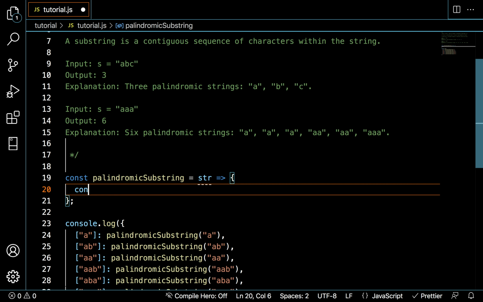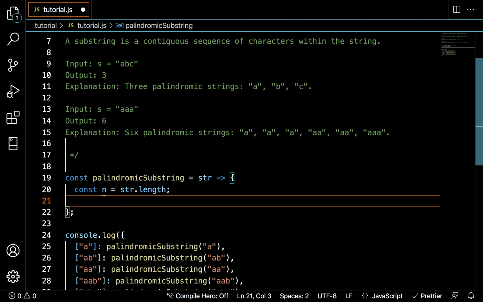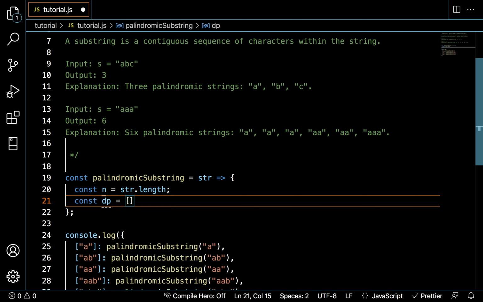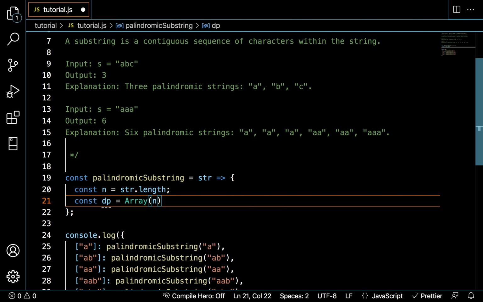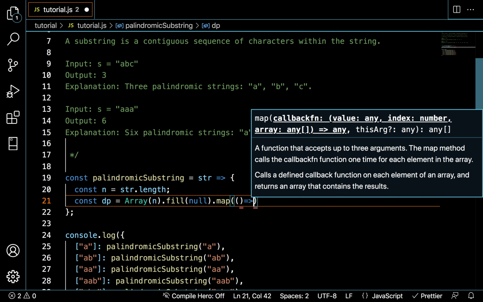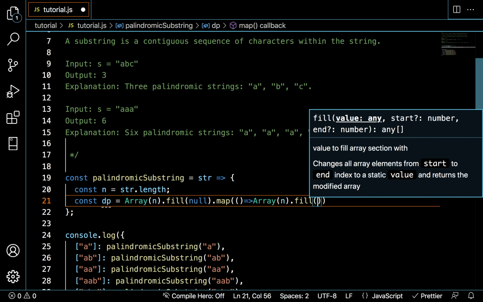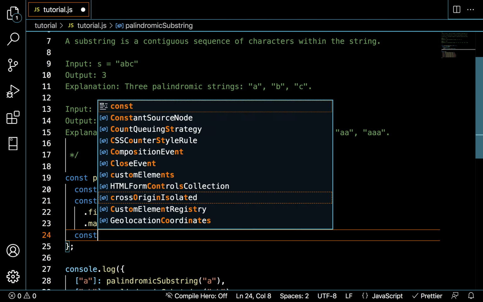Alright, so let's begin. I'm going to start by defining my length. Then I'm going to create my dynamic programming array or matrix, whatever you want to call it, of size n. I'm going to fill the array with nulls, it doesn't matter. And then I'm going to do a map for each one of them. I'm going to return an array of size n and fill that with false. Boom. Now I'm going to create my palindrome